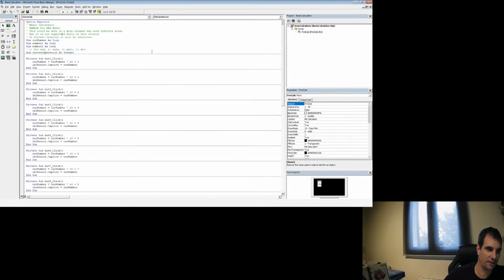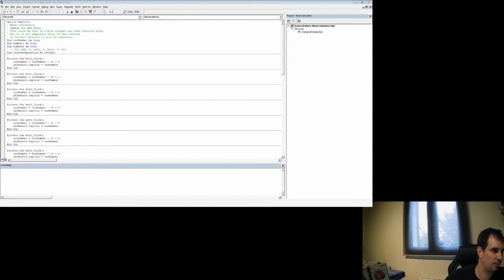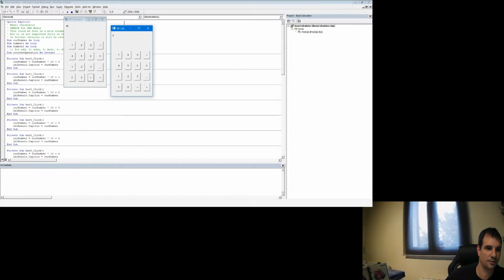I don't have yet the separation for methods, for subs. Okay, it runs here, the sample multiply, and if it goes here, we can do the same operation.